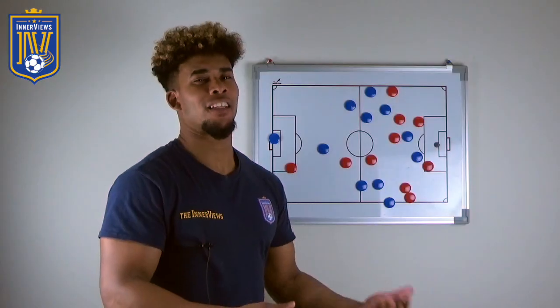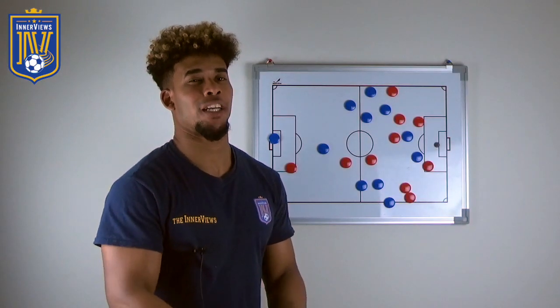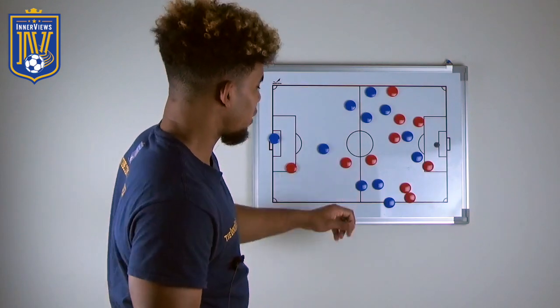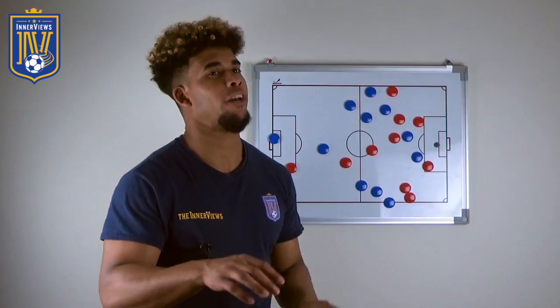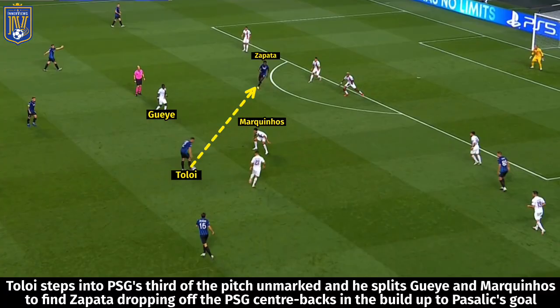away. And while Atalanta did benefit from good fortune in their opening goal, what we ended up seeing there was that on two separate occasions, Tolói's involvement was vital. First, it was when he received the square ball from Darun to push forward, and again, no Sarabia, Neymar, or Icardi stepping into his path, and he was able to split Idrissa Gueye and Marquinhos to find Zapata dropping off